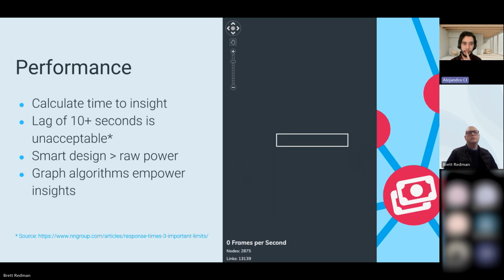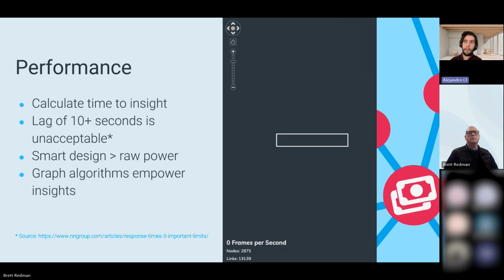And the other point I was alluding to is performance. Because these data sets are quite large, it's really important to take into account how it'll impact the application itself, but also the time to insight. We often find that buffering times of about 10 seconds are just unacceptable nowadays. It's largely because the work that the investigators are doing is so sensitive, they need to have the insights quicker.